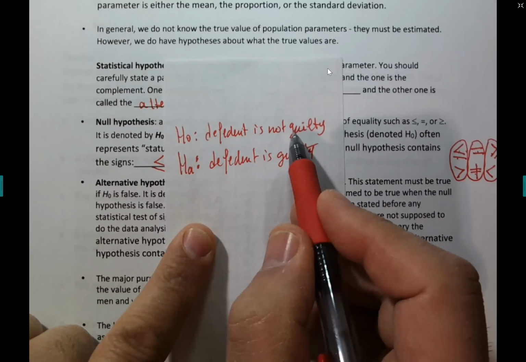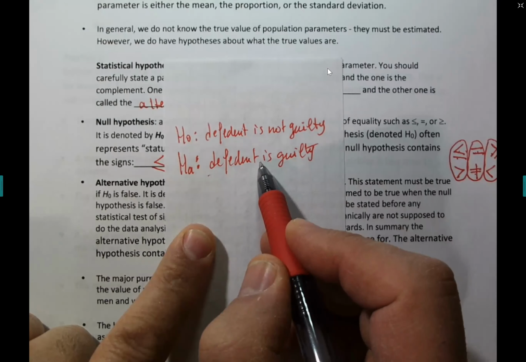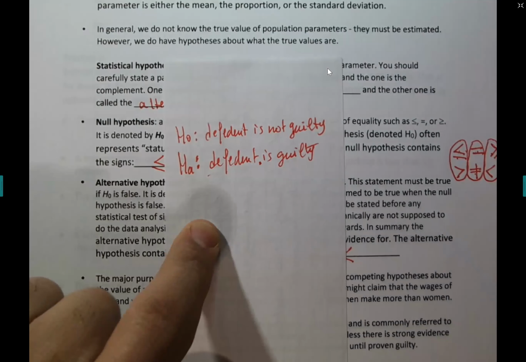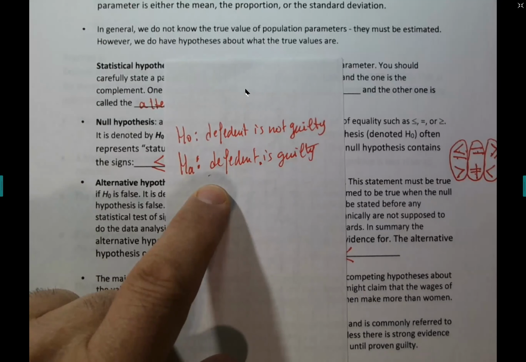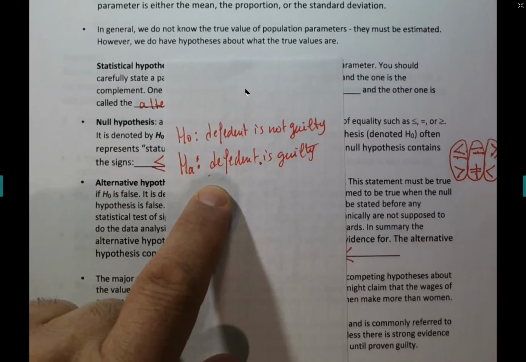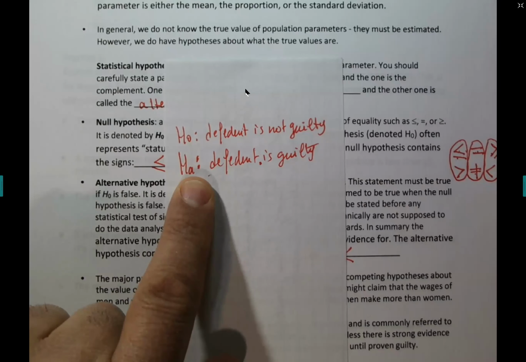The first statement, the attorney for the defendant is going to try to provide evidence for. For the second statement, the prosecutor is going to try to provide evidence for. Who would win, guys? Who would be the person who wins? The person who proves their case. How? Collect enough evidence beyond a reasonable doubt. If the prosecutor can show enough evidence beyond reasonable doubt that the defendant is guilty, then HA is true and H0 is false, so the defendant will be convicted. If the prosecutor cannot collect enough evidence beyond reasonable doubt to convict the person, then the defendant will be declared